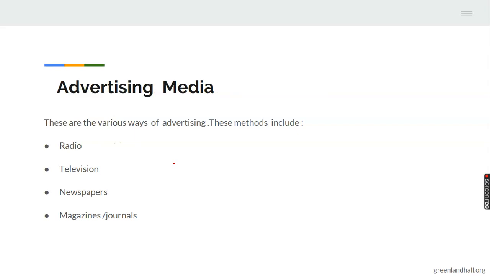Then what are the various advertising media? When we say advertising media, these are the various ways of advertising or ways of presenting advertising information to the public. And the various methods include radio, which is a form of mass communication medium, and it helps to pass information about products to the public, especially in the rural areas, and it